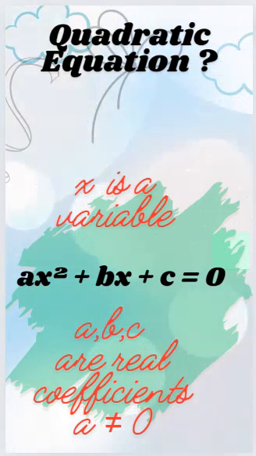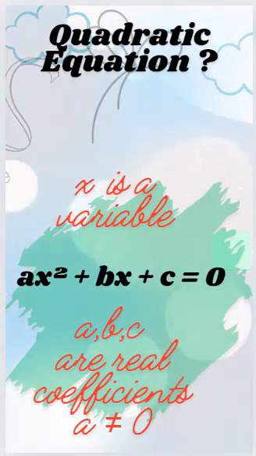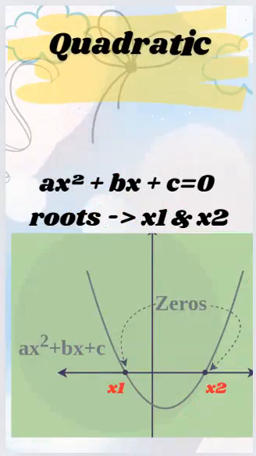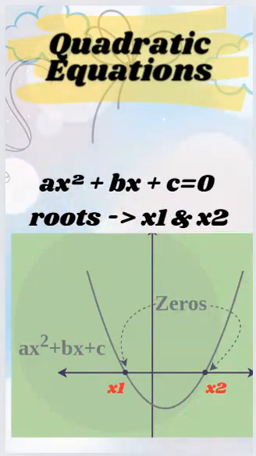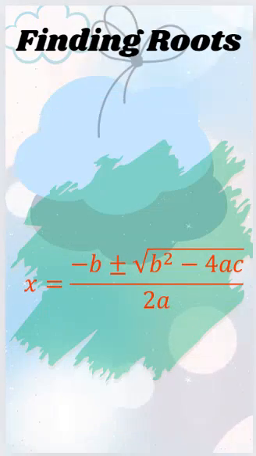The objective of studying quadratic equations is to find the relationship between the coefficients, find the discriminant and explore various methods to get the roots of the equation. The formula to find the roots of the equation is represented as x equal to minus b plus or minus square root of b square minus 4ac, whole divided by 2a. You can observe that the roots are dependent on the values of the coefficients a, b and c.